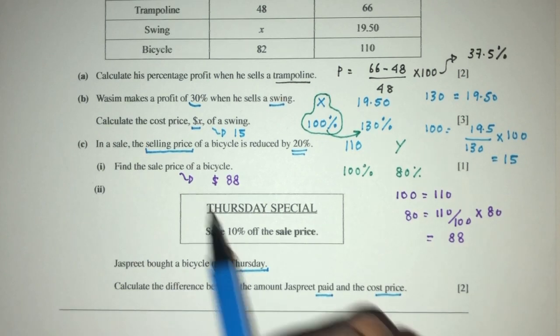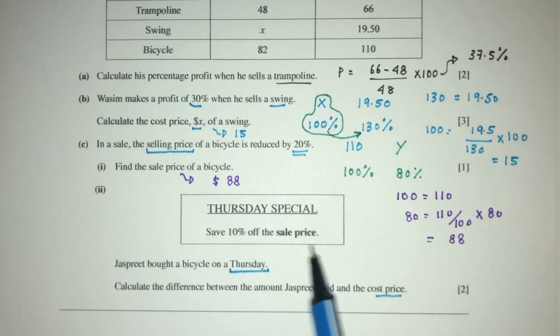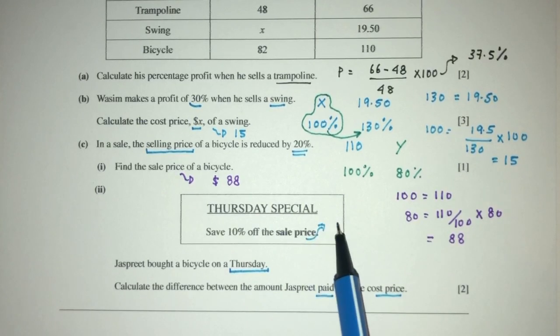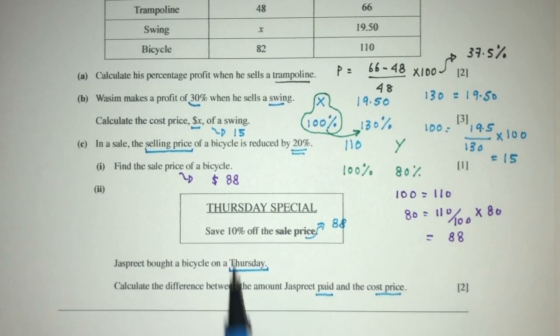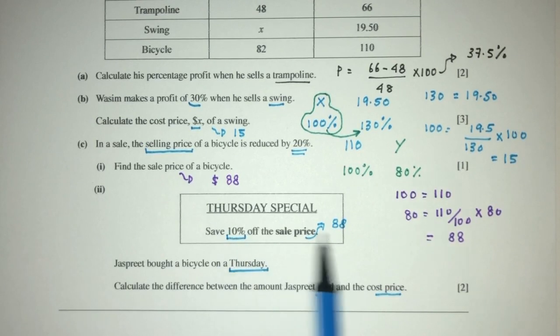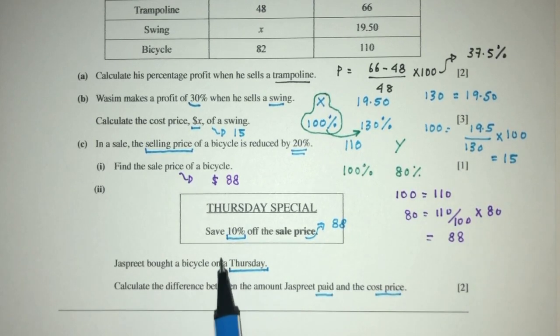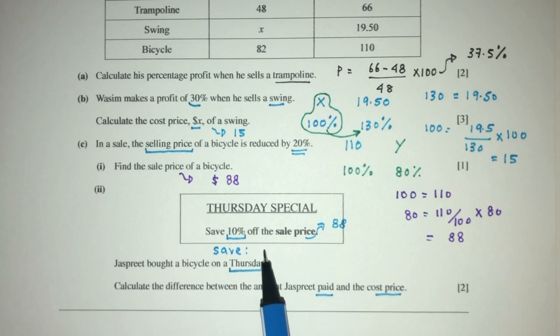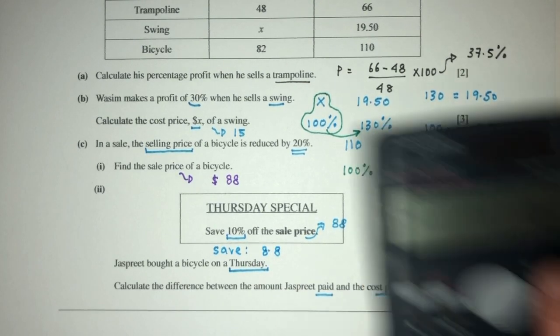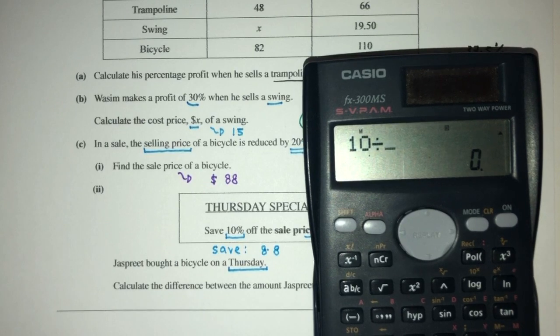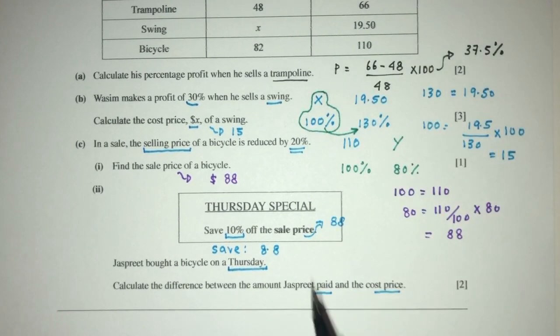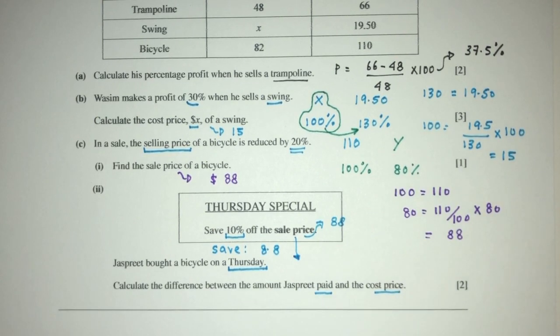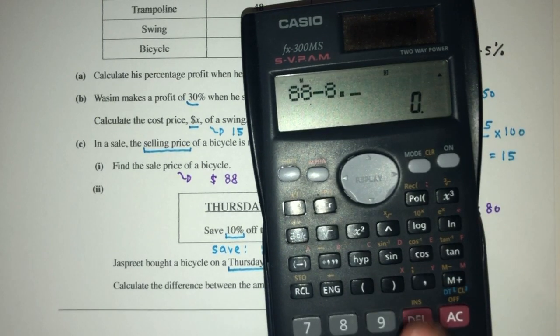So pretty easy. Now the sale price on that day is $88. Now save 10% on that price. How much will that be? So you will save 10% times this, I will give you $8.8. Let's check. 10% is 10 over 100 times 88, that will be $8.8. So the price he will pay will be what? Will be 88 minus 8.8, that will give you